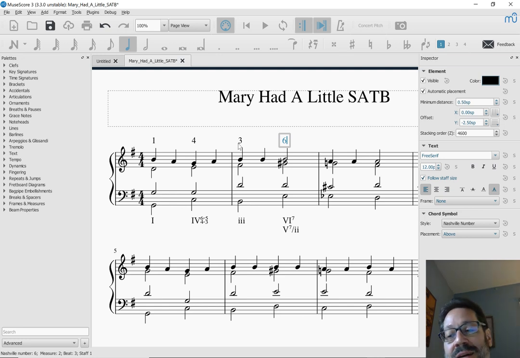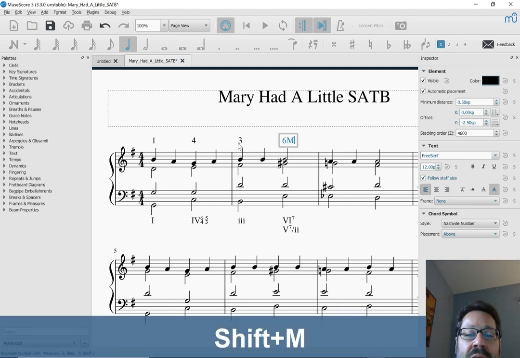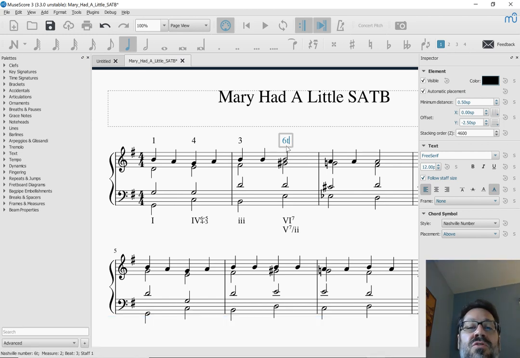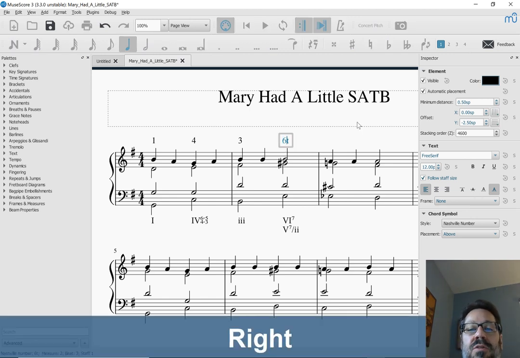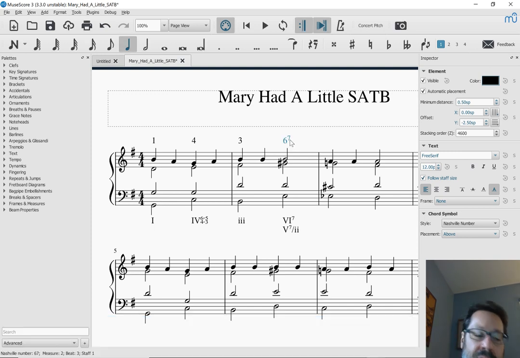And so depending, and here's where, again, when I look online, I see all sorts of different things, so I realize that everyone has their own version of this. You can use a capital M. Some people use the T for triangle. And because this isn't using Campagna font, if I enter the T, you're not going to see the triangle right away, but just like chord symbols, as soon as I finish the entry of that chord symbol, you'll see it turn into a triangle. Or you might just say it's a 7th chord, 6, 7, and then that will be understood to be a dominant 7th. So that is the basics of